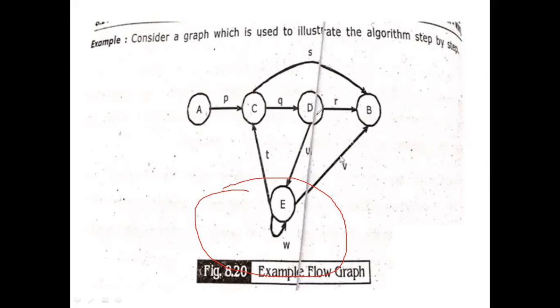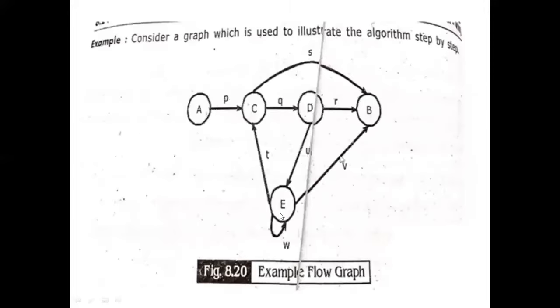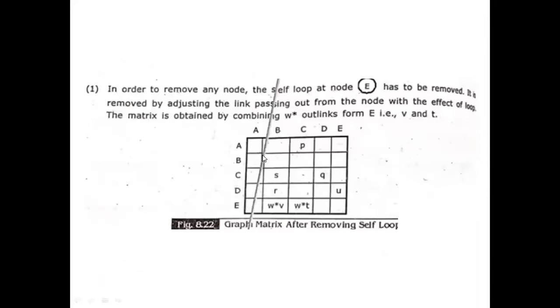Now, from this D, this is the U transition after the T. That means this is the transition from D to U with UT. That we update in these outlinks. So outlinks are W into V and W into T. If you observe, these are the V, T and V. These are the links, outlinks. Here U is the inlink and V, T are the outlinks. So we can construct that: W into V and W into T. Okay. The next one.